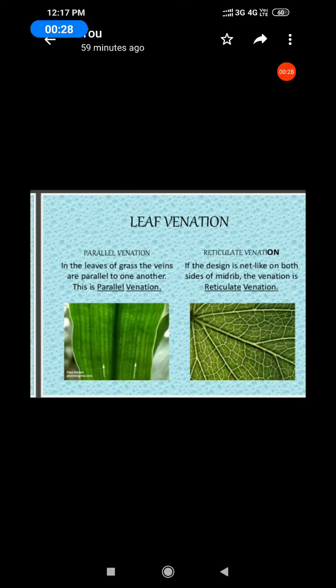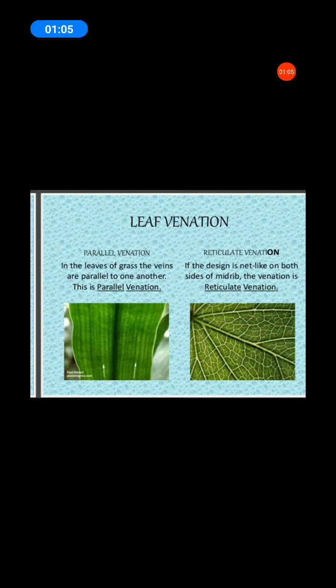Next, shrub. The stem is hard but not very thick. Such plants are called shrubs. What is an example of a shrub? Lemon. Next, trees. What is a tree? The stems have branches in the upper part, much above the ground. Such plants are called trees. Example of trees, mango. The herb plants are very short, trees are very tall, and shrubs are about my height.